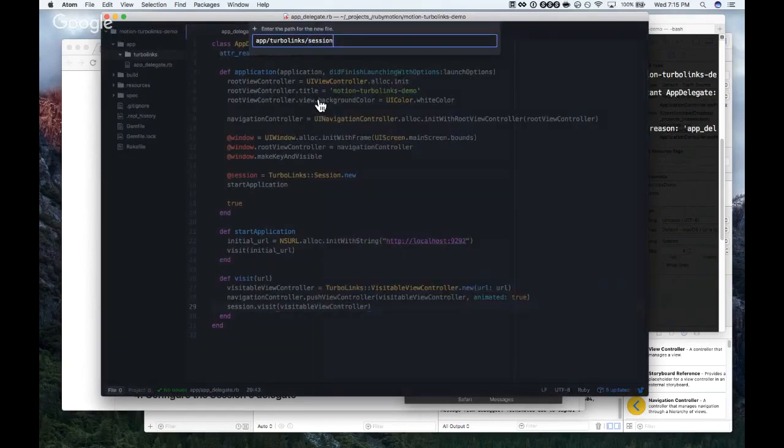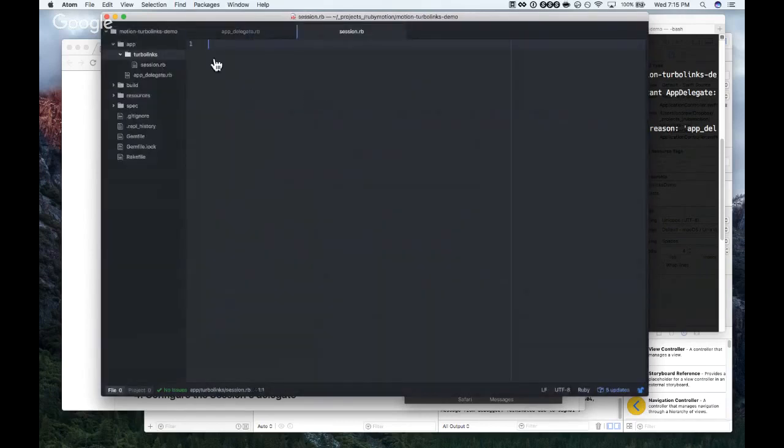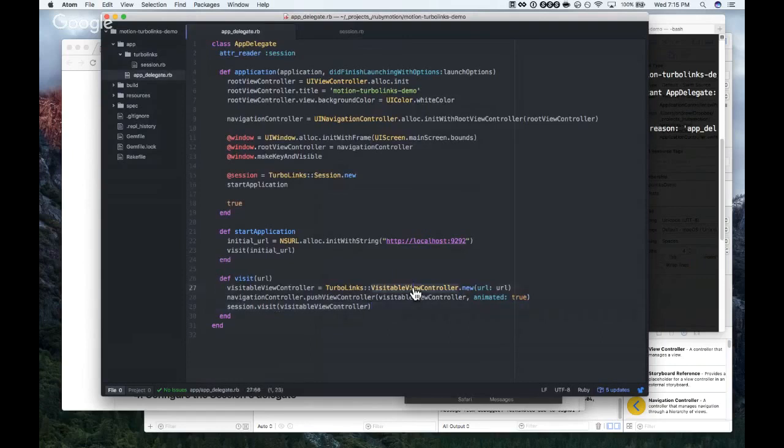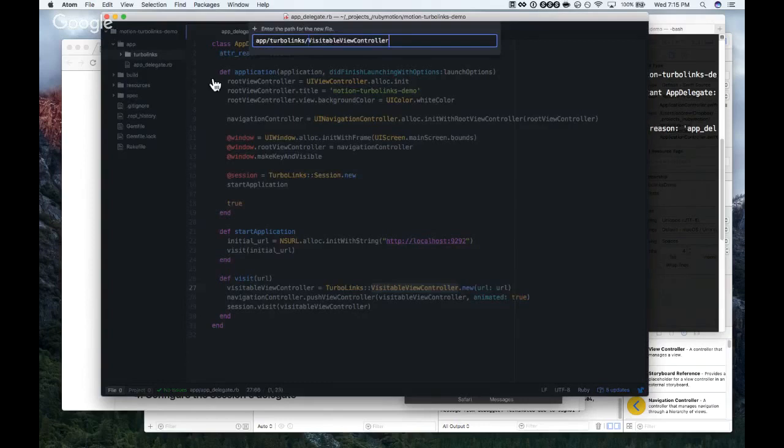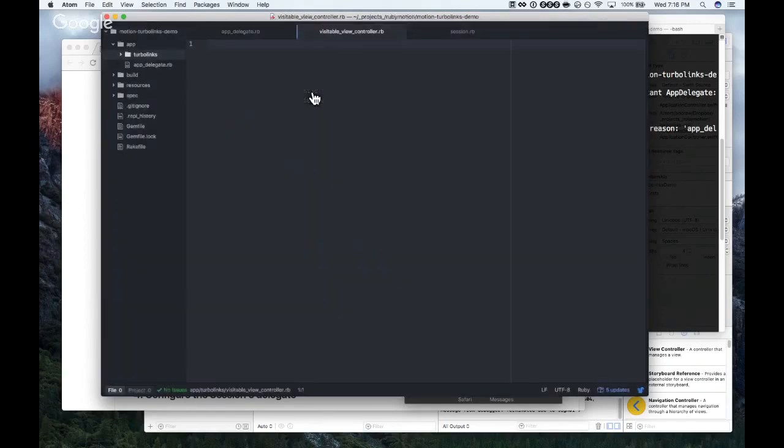We'll have one for a session, and we'll have a visitable view controller. And each of those are going to have a module TurboLinks, class, controller.